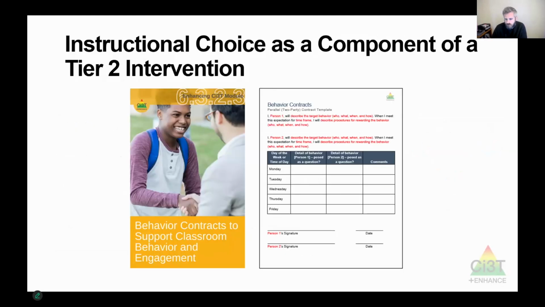Okay, what does instructional choice look like as a component in a tier 2 intervention? So choice is wonderful. It's very simple to implement and potentially pretty powerful. But as you maybe think about students that have, not really intense behavior challenges, but they struggle at school. Maybe they struggle to do their work when independent work time comes. Maybe they struggle to be respectful to peers and adults, whatever it might be. And you might say, okay, choice seems like a good idea, but I'm not sure that choice by itself is enough. And you might be right.